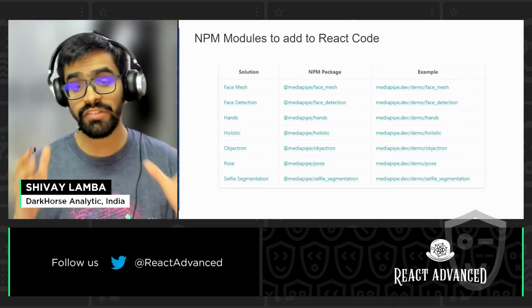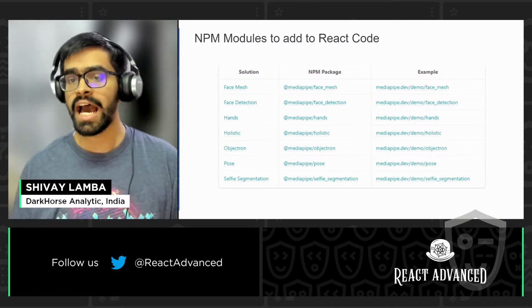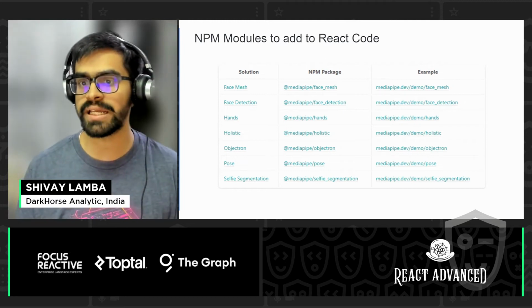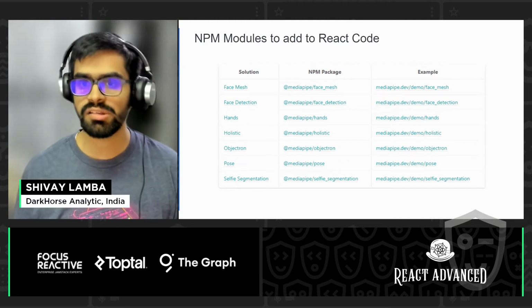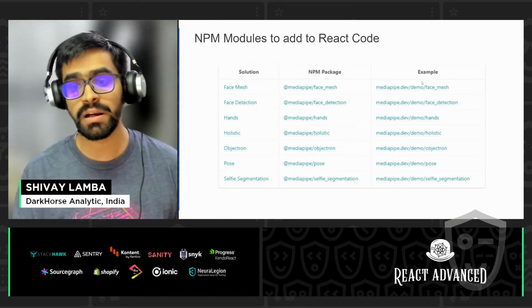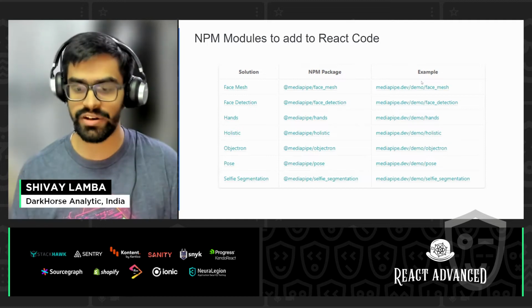which is basically how the Zoom or Google Meet background works. For all of these, you'll find the relevant NPM packages, and you can refer to this particular slide. You can also look at the real world examples provided by the MediaPipe team. These are available on CodePen, so you can refer to any of these to look at how that has been implemented. But what we are going to be doing is implementing this directly in React.